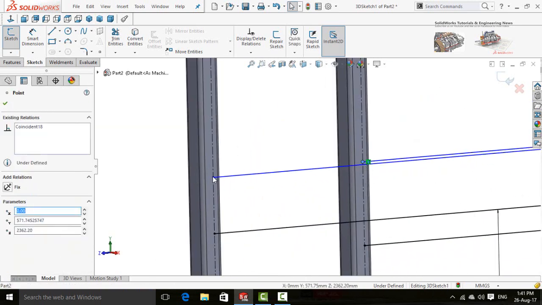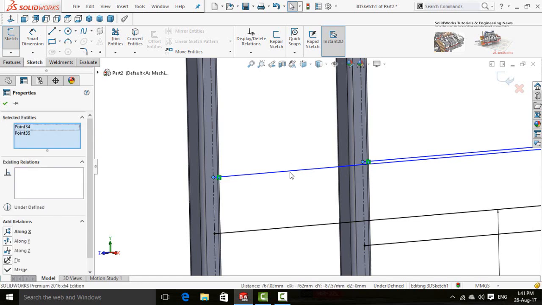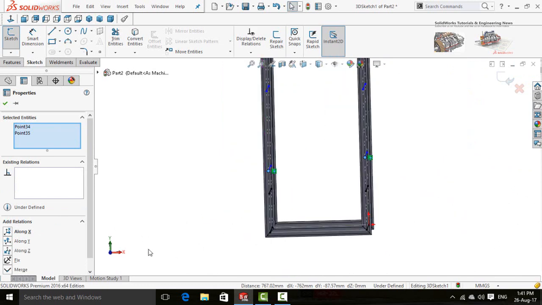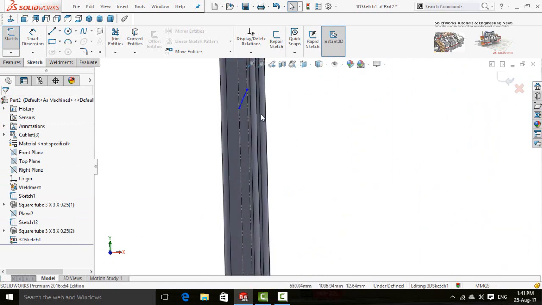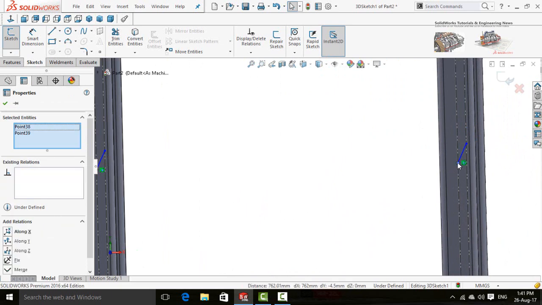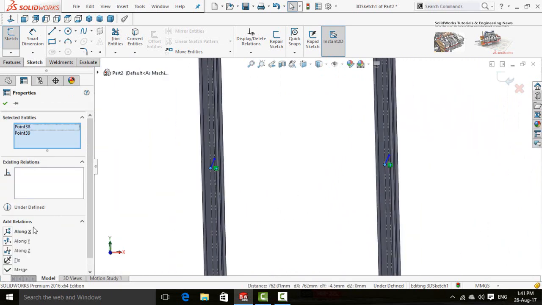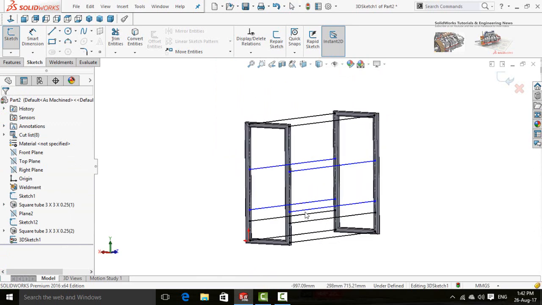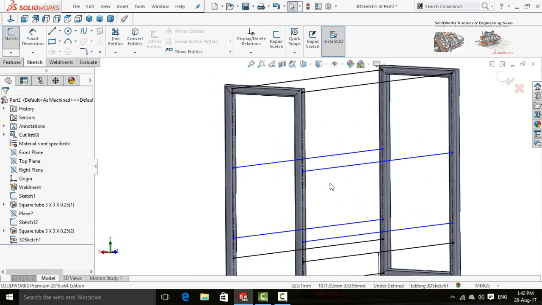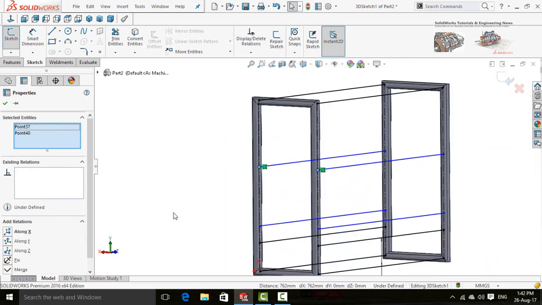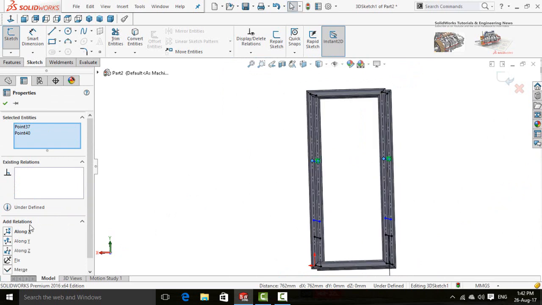Now click on these points and make relation along x-axis. Also make the relation for the other side along x-axis.